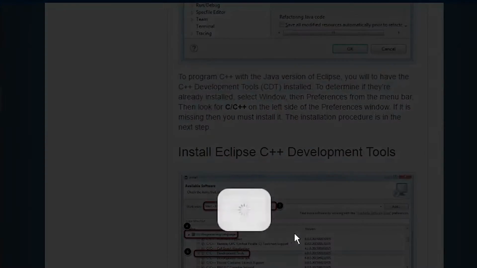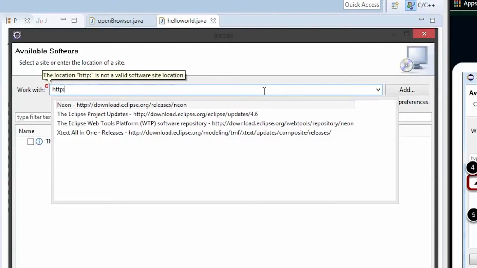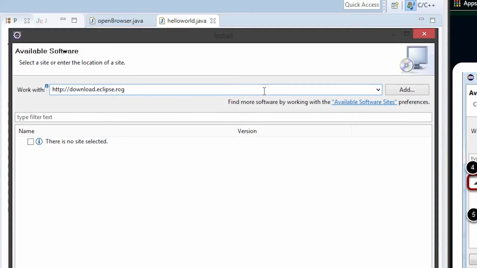Now click on this picture. You will see the address. So now let's type in that address. http download.eclipse.org